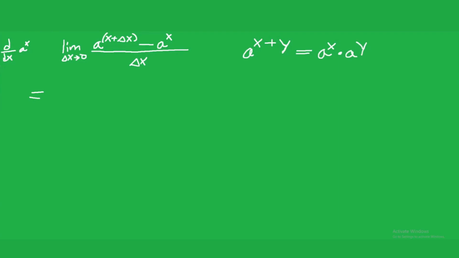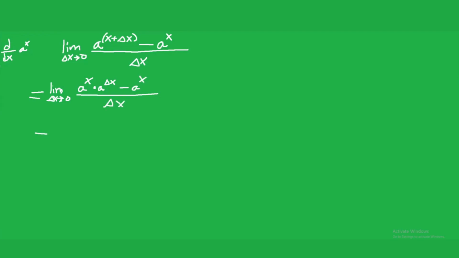is equal to a to the x times a to the y. So I'm going to apply this to the first term of the numerator, and rewrite this as the limit as delta x approaches 0 of a to the x times a to the delta x minus a to the x, over delta x. And we can factor out a to the x here. I can take it outside the limit because the limit does not affect x in any way. It only affects delta x. So I'm going to factor a to the x out and multiply it by the limit as delta x approaches 0